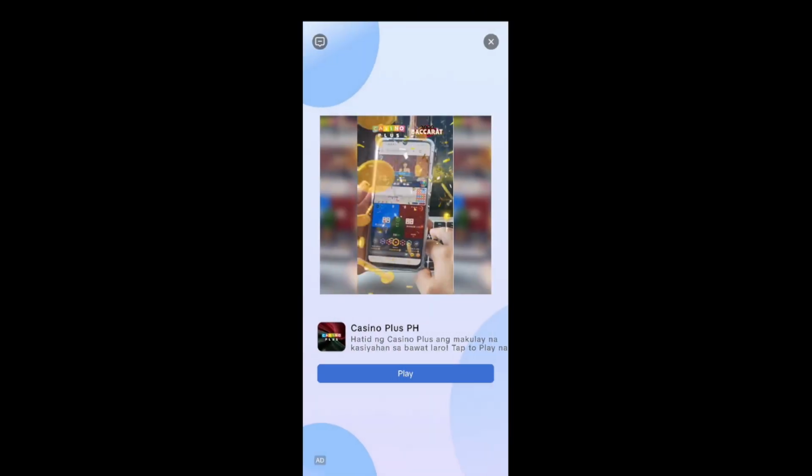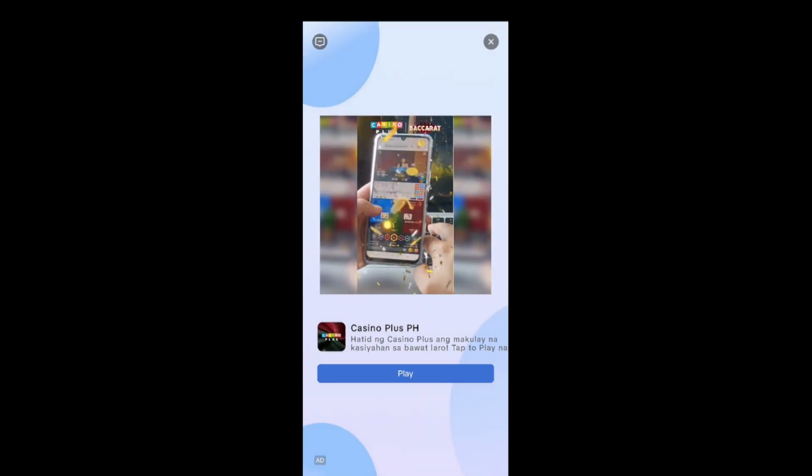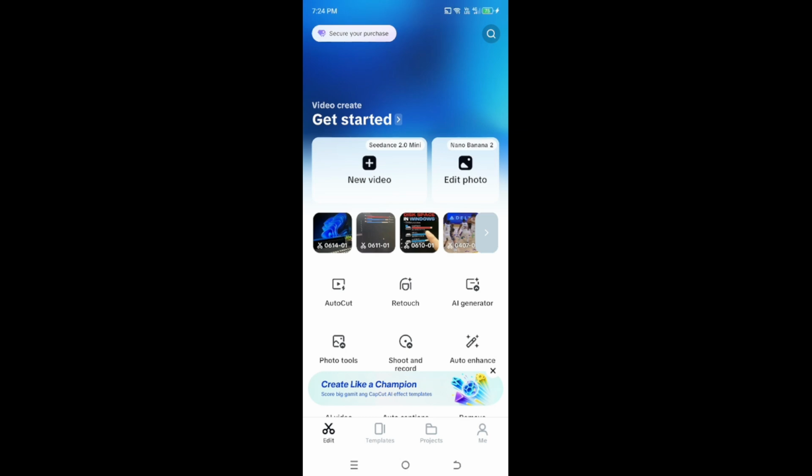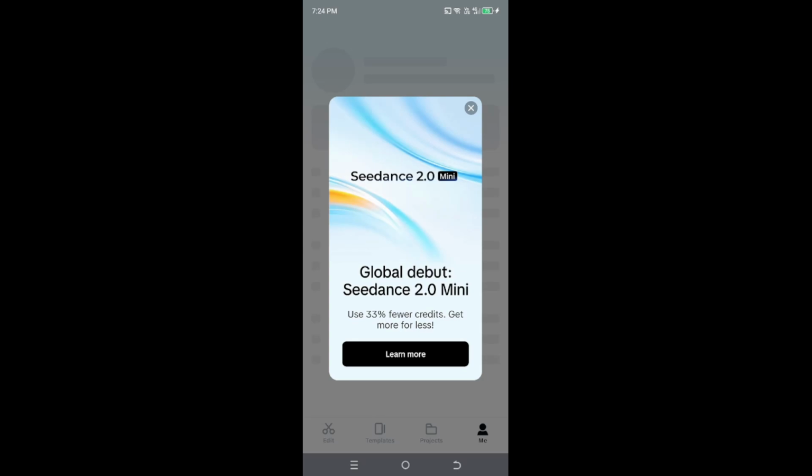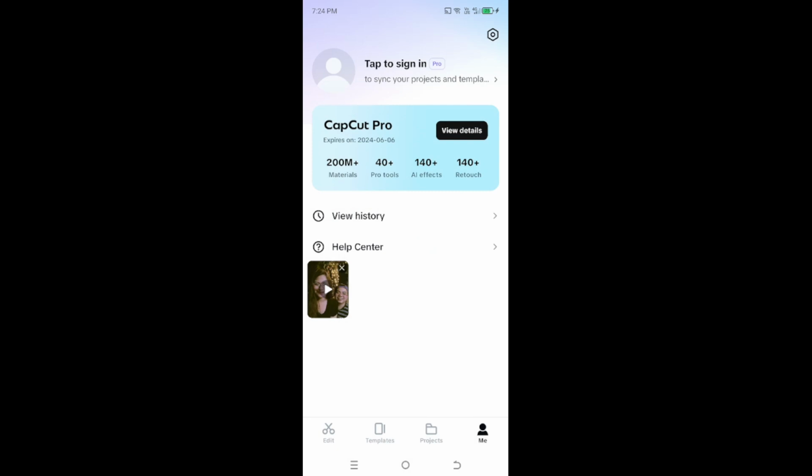On that first screen, look for the option that says something like Log in, Sign in, or an account icon, usually in the top corner or near the bottom of the screen. Tap or click that. This will take you to the login page, where you can choose how you want to